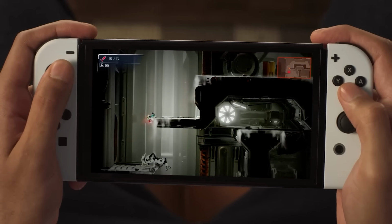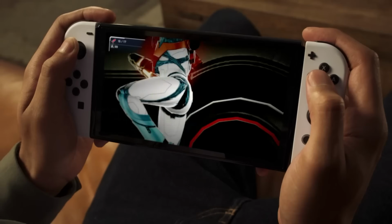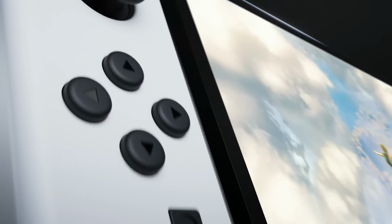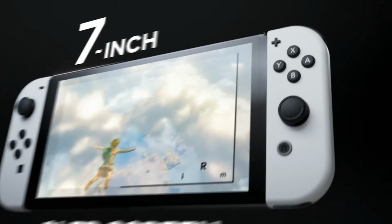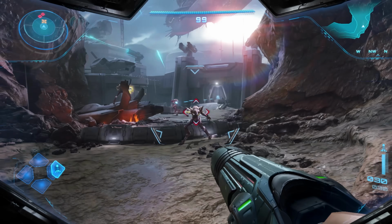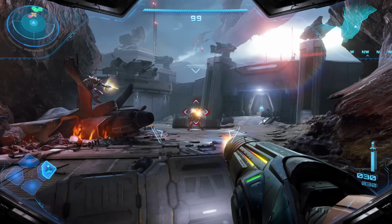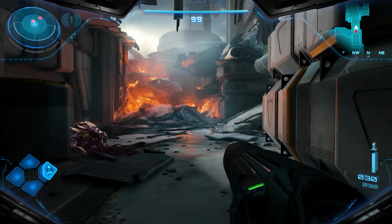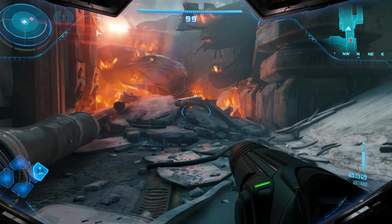Over the last few months since Metroid Prime 4 has been revealed, after the shock wore off and people stopped questioning if this was actually running on Switch 1 hardware in the trailer, and yes it was of course, people have now been wondering what graphical upgrades a Switch 2 port could have, especially with how great it is already looking. And back then in August, I discussed this in a podcast, and besides a higher rendering resolution,